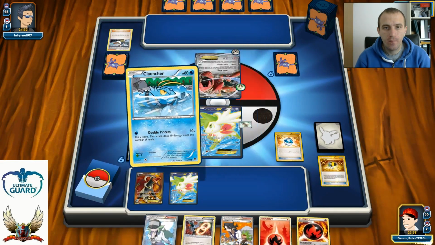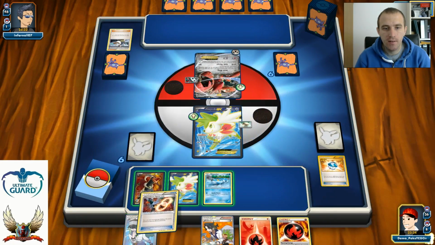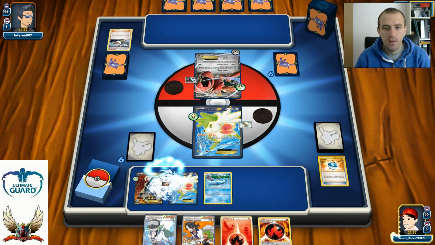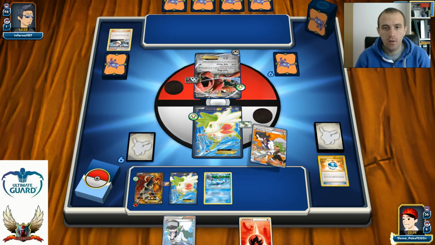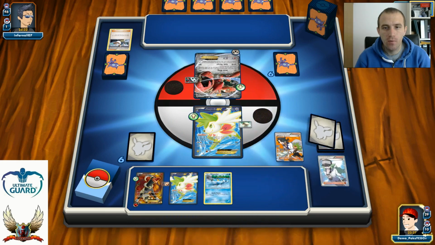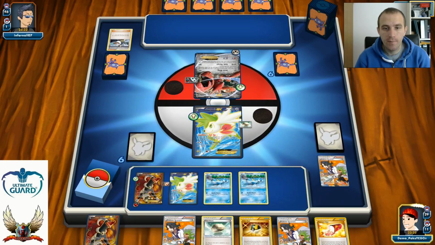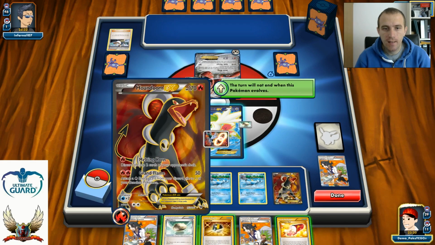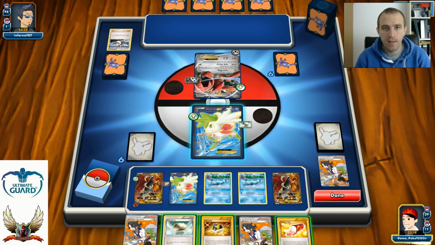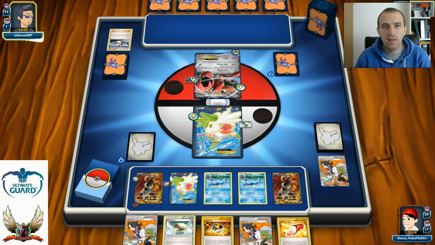I mean, I really like the option with Clawitzer because I can easily attach that burning energy from my hand. And I'm thinking about playing Professor Sycamore here for more than just one card. Let's go with Houndoom here, and I can even pass my turn basically here, and I will definitely do that. I will keep that Shaymin-EX in the active spot just because he can maybe find that Mega